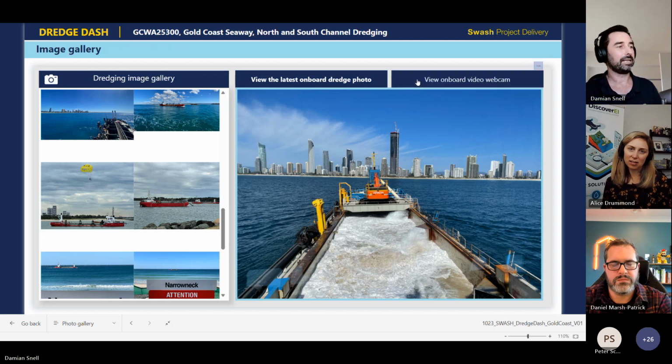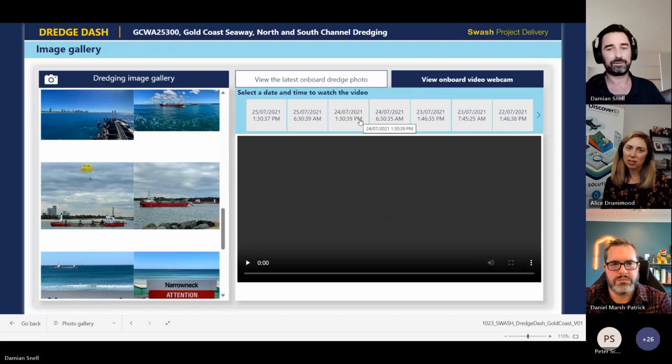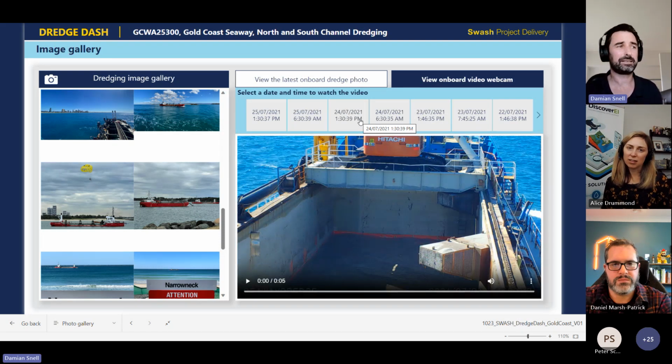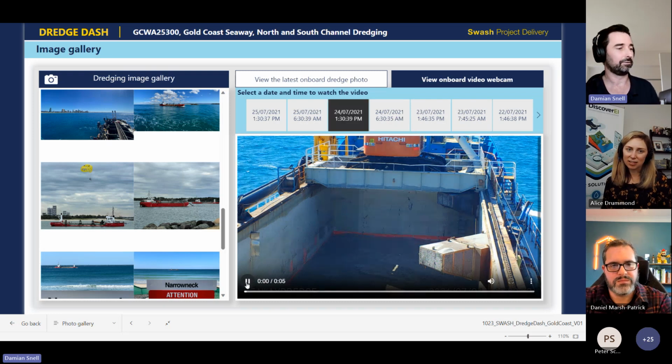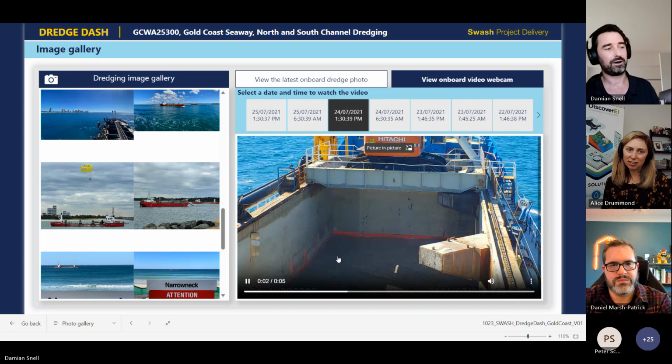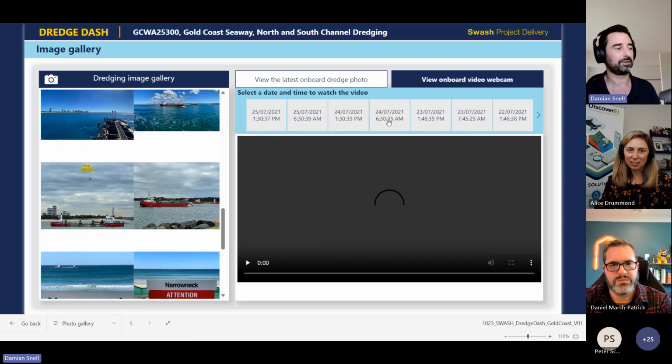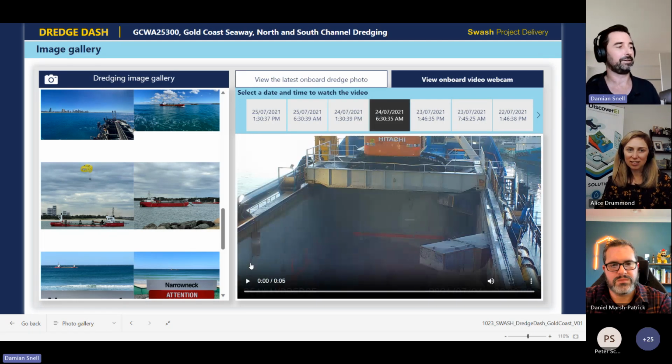And the other functionality with this camera was you could also collect up to 10 or 15 second time-lapse footage as well. We didn't particularly use it for this project, but you can, and Alice has got it set up here, so you can just show a little 5-second video every 15 minutes as well. So you can pick that up and you can go for different timestamp images up the top here and pick up another video as well. So just the ability to really capture and see what's happening,